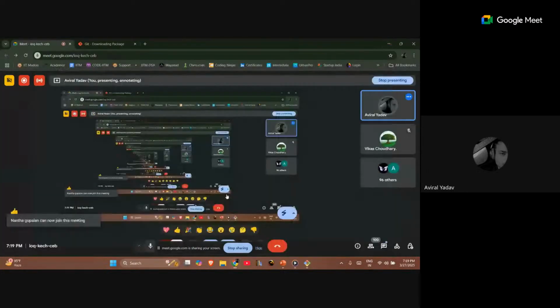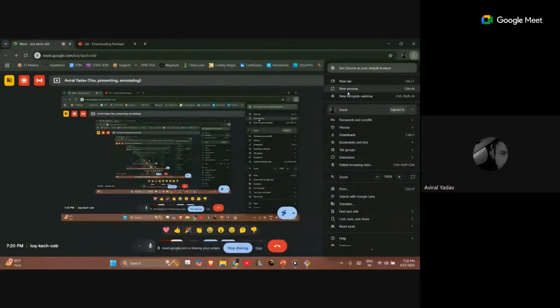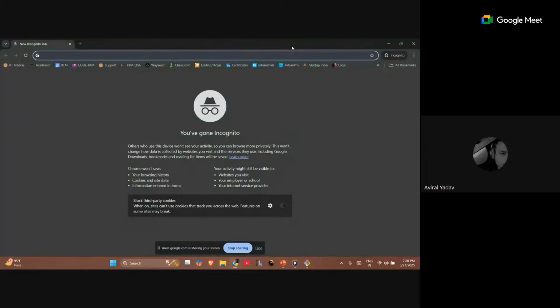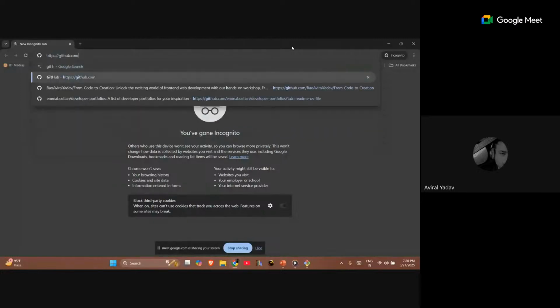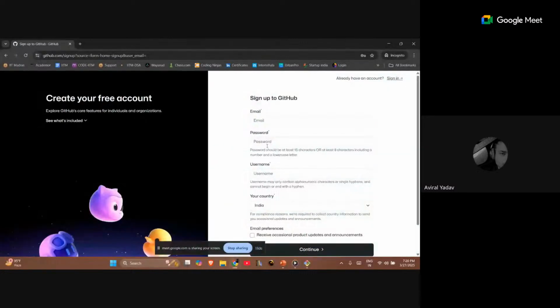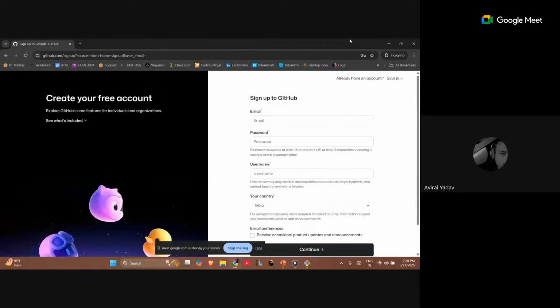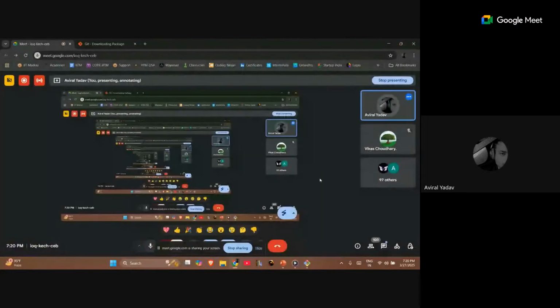Okay, let's just see a quick creation of a GitHub account. So I've opened the GitHub incognito window, just GitHub. So here you can just see all these options, just sign up for GitHub. And you can use your email and then password and username and etc. and just create a GitHub account for yourself. It's just a simple step, so I hope I don't need to delve into it. Okay, is that part fine?